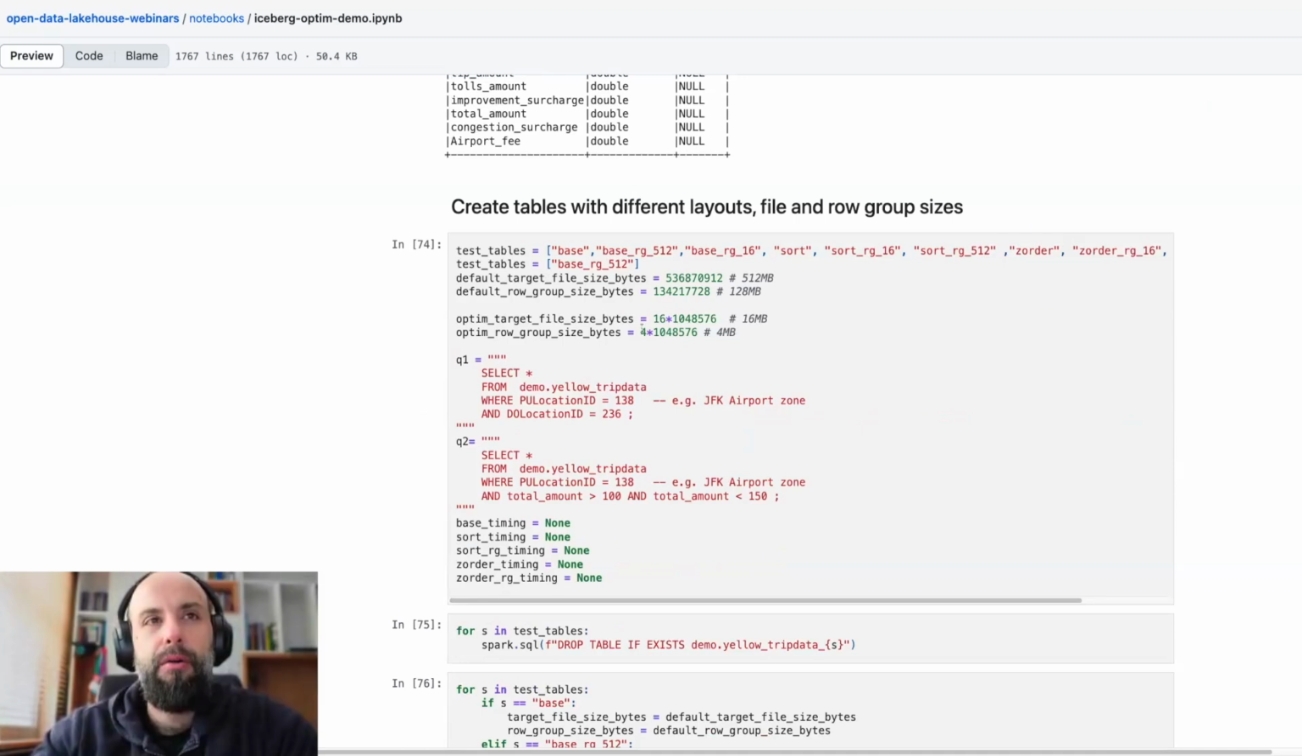Apart from that, we are going to analyze the impact of two parameters. One is the default target file size. This parameter controls the size of a single Parquet file when using Apache Iceberg with Parquet as the file format. And the other one is the row group size. By default, it's, as I said, 128. But we will also verify whether decreasing that to 4 megabytes may bring additional benefits while doing scans